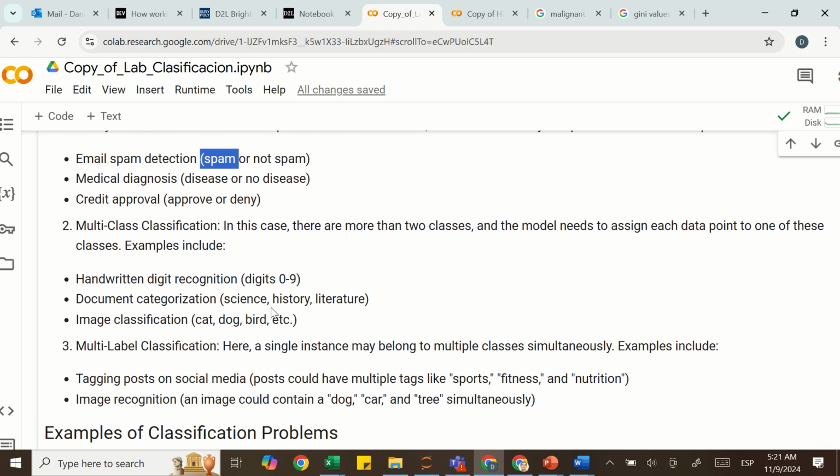Some examples. This is a typical example that you will find: handwritten digit recognition. There are 10 digits from 0 to 9, so the possible outcomes are 10, one for each digit. For document categorization, there are multiple options. There is a document and you want to classify what area of knowledge it belongs to: science, history, literature, or even more possibilities. Since there are multiple classes, more than two,